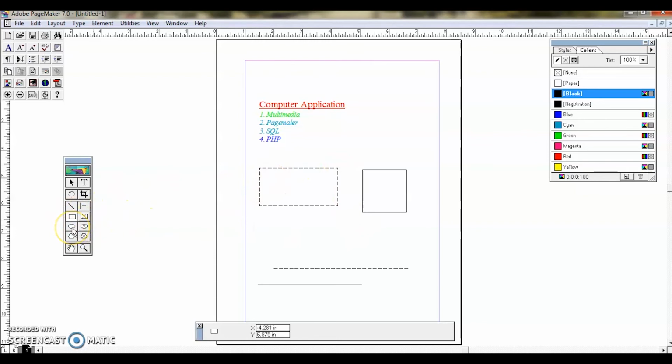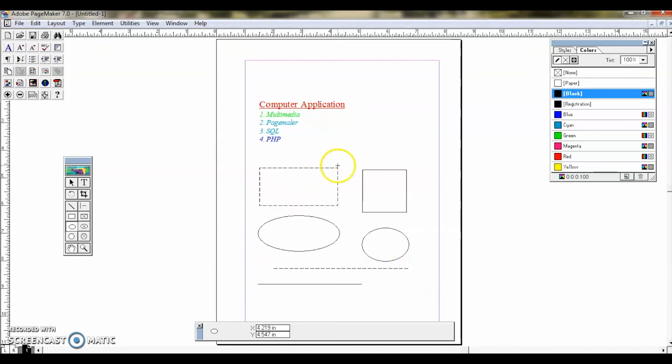The same thing applies for the ellipse. If I click the ellipse tool, click here and drag, let me have my ellipse like this. If I want to change the shape of this, I have to click the pointer tool, then click the ellipse, and then move these size handles. So if I want, I can do that. Okay. The same thing, if I want a circle, I click and drag, and if I press the shift key, my circle will be drawn like this. Okay, let it be a circle.